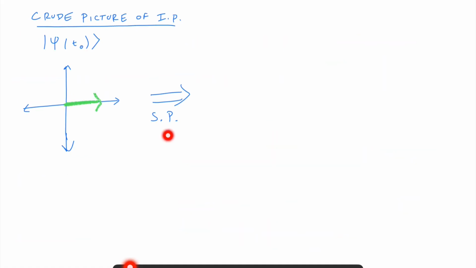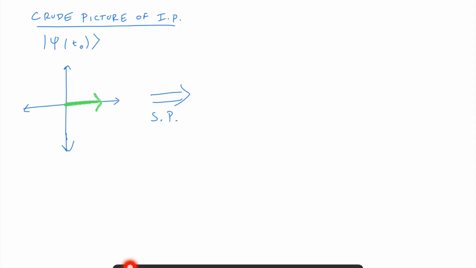Here's kind of a crude picture of the interaction picture. If you think of, we have a vector or a ket in our Hilbert space. I just drew it in this weird two-dimensional picture. Don't imagine much about the dimensions, because a Hilbert space is infinitely dimensional, but just for diagram pictures, let's say our current state of our system, our ket in our Hilbert space, is represented by this green arrow at